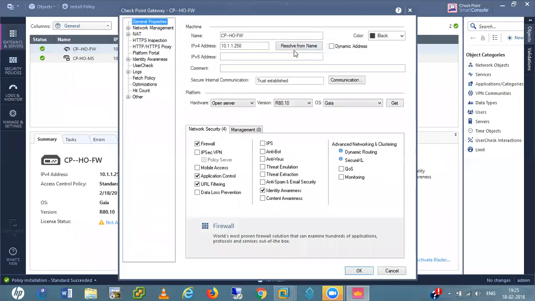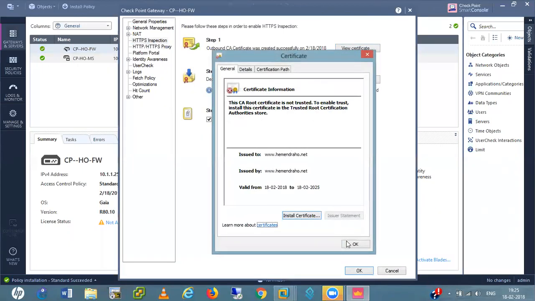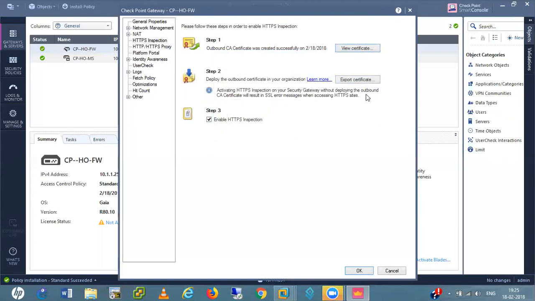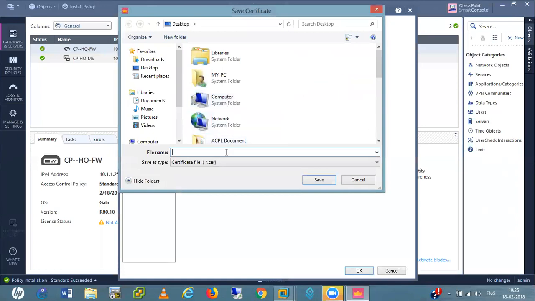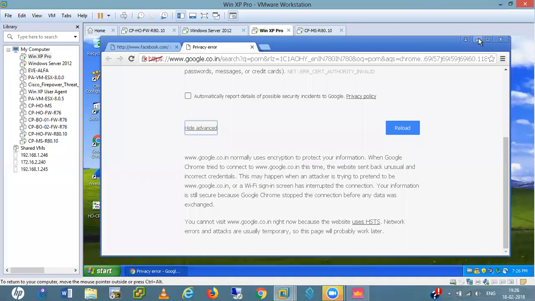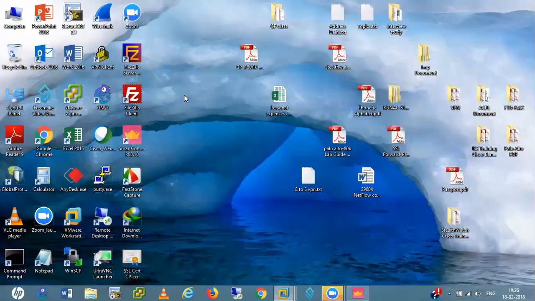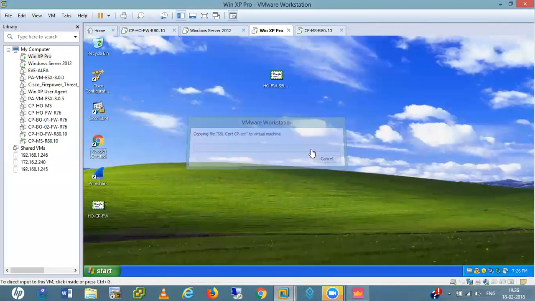Firewall here. I am exporting the certificate. Okay, SSL cert CP. Okay. This is my certificate. Okay, so I just Control C, go into my inside PC.